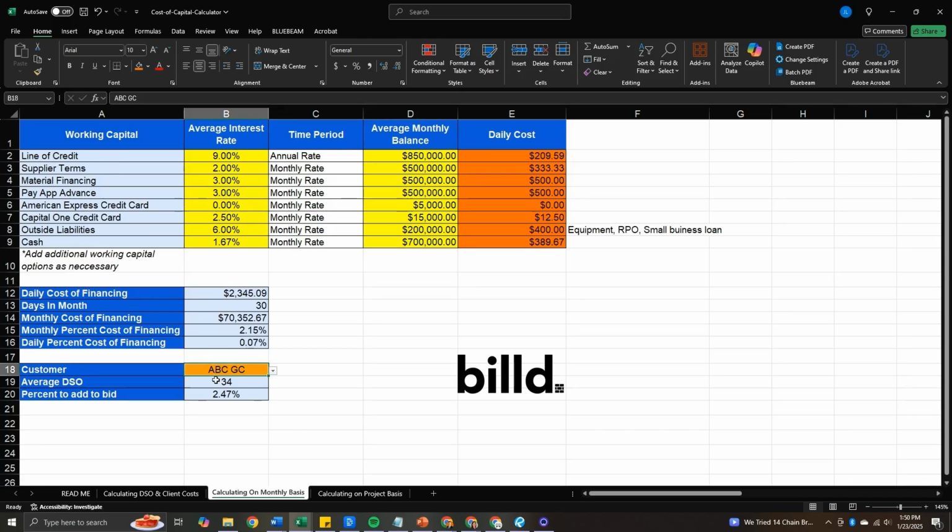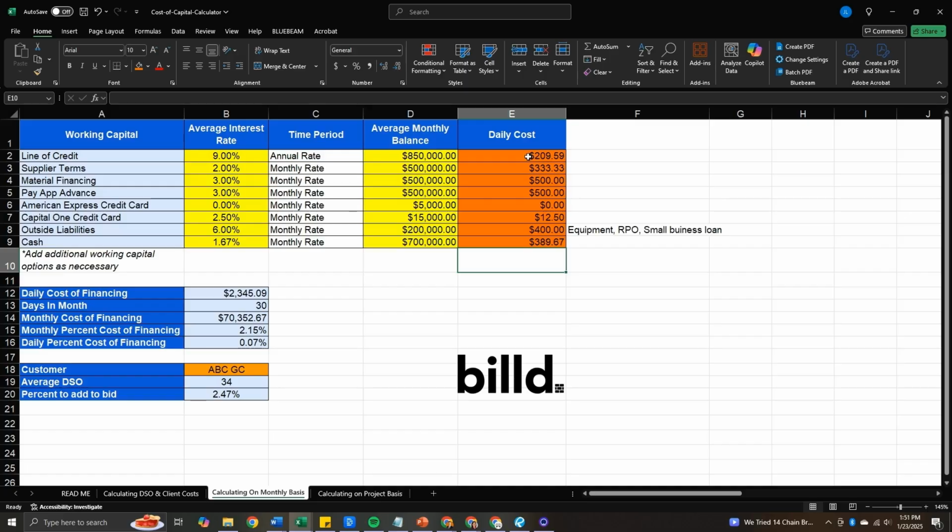For client number 1, which we renamed ABCGC, the line of credit portion, based on the company's historical data, would cost you $209.59 a day, based on the balance we typically carry at the highest balance. I build in buffers like looking at the highest balance because I don't like to push company finances to the best case scenario